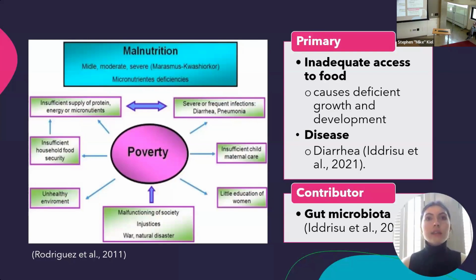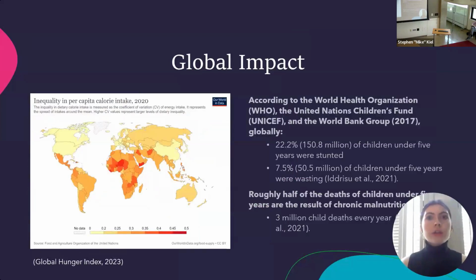the root causes. Diarrhea is a major factor causing malnutrition in children, as there is a bidirectional relationship between malnutrition and diarrhea. Furthermore, alterations in gut microbiota are associated with diarrhea. Diarrhea leads to the malabsorption of essential nutrients and a reduction in available energy, which causes weight loss and can lead to malnutrition. According to the World Health Organization, United Nations Children's Fund, and the World Bank Group, in 2017,